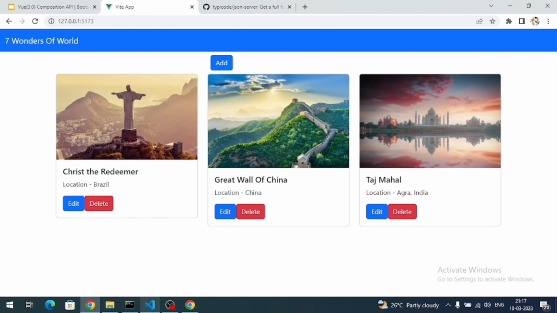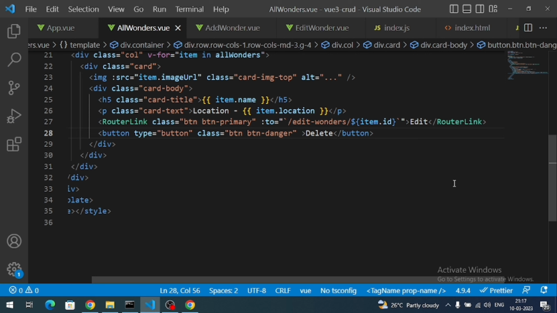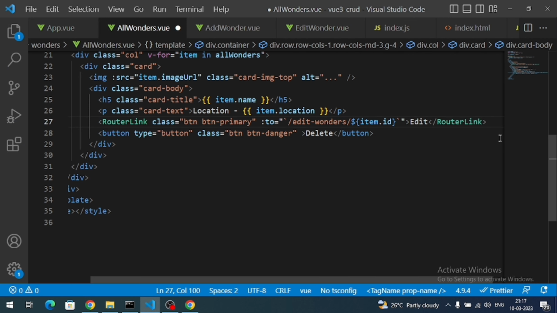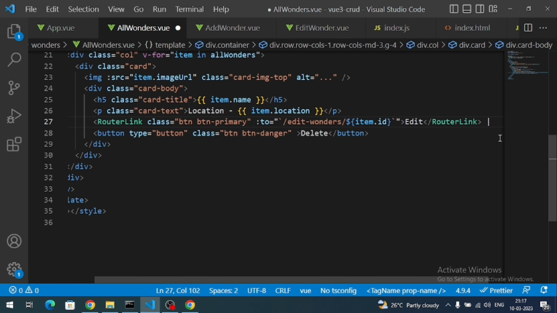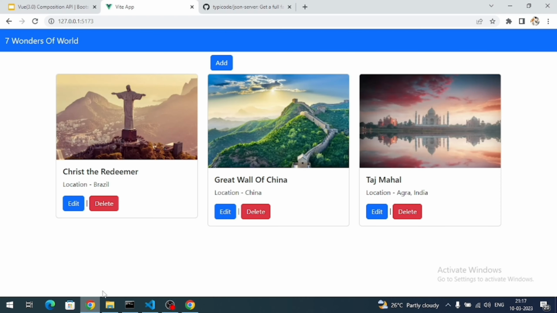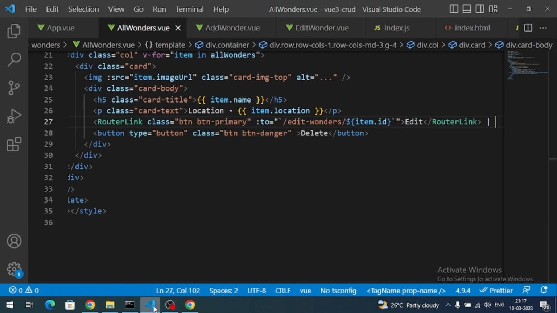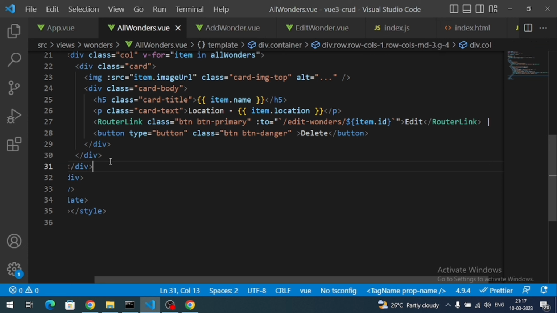Okay. And let me add a separator here, like a pipe symbol. Okay. So now on clicking this button, I need to display a pop-up. So let's add a Bootstrap modal pop-up. To add the Bootstrap modal pop-up HTML directly in the all wonders component, I want to maintain that pop-up